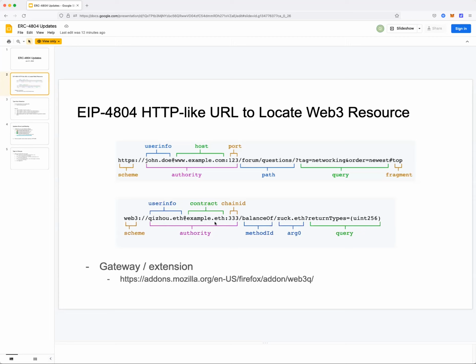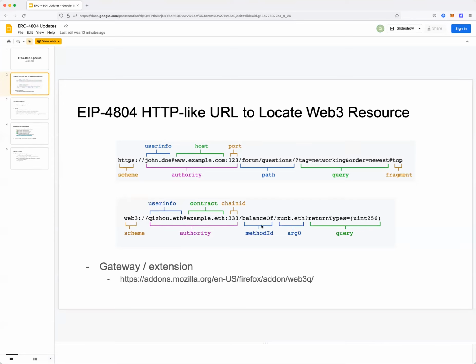So here is an example of using ENS, and it is also able to replace the port number with the chain ID, so that it behaves very similar to HTTP, but it has different semantics for the rest of the arguments in the path.